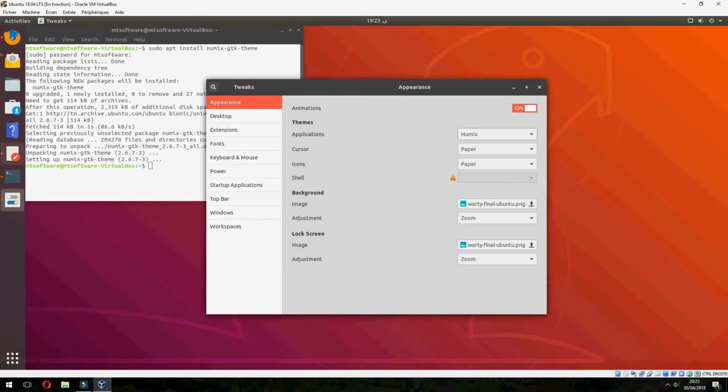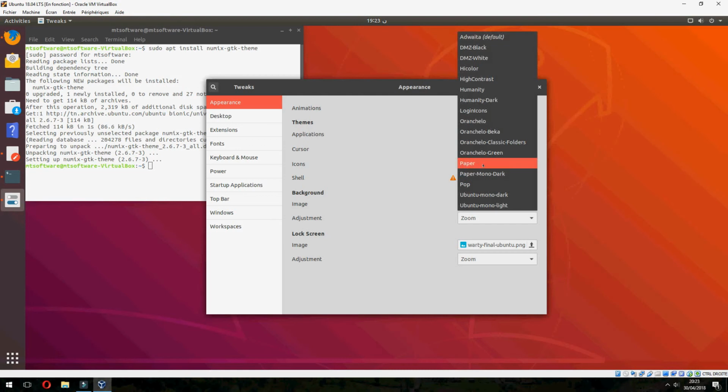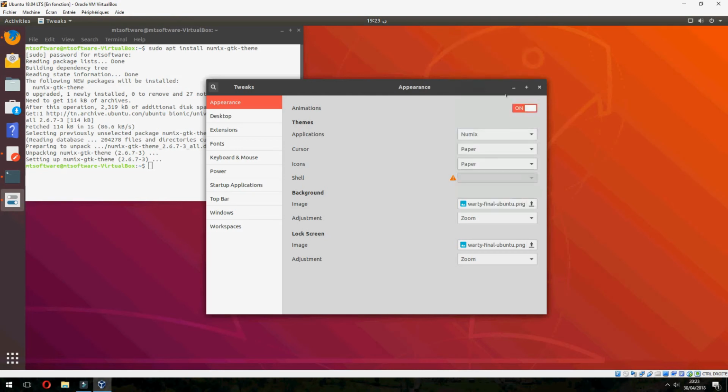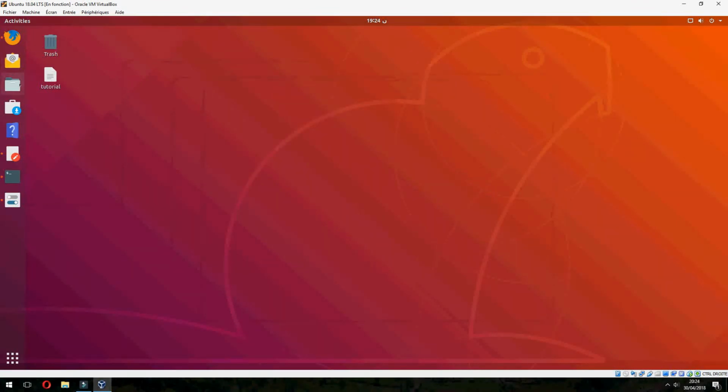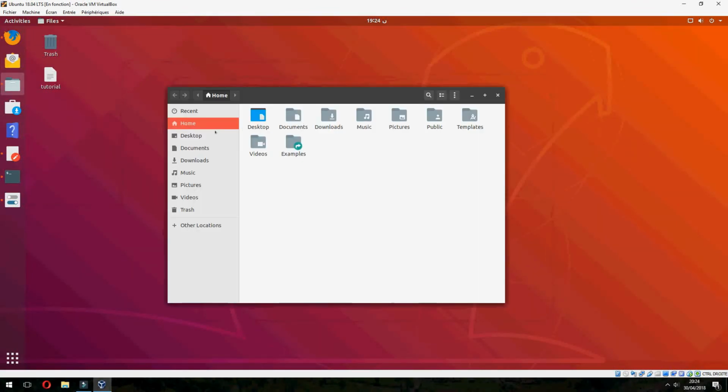And this is the Numix Theme. So let's discover together. Let's open Firefox, for example, and this is Numix. So this is how to install Numix Theme on Ubuntu